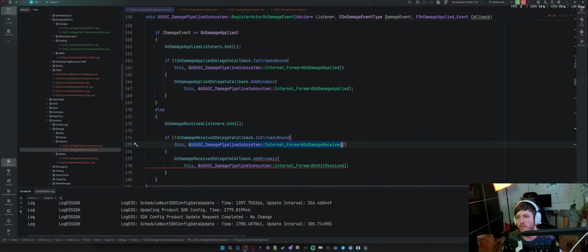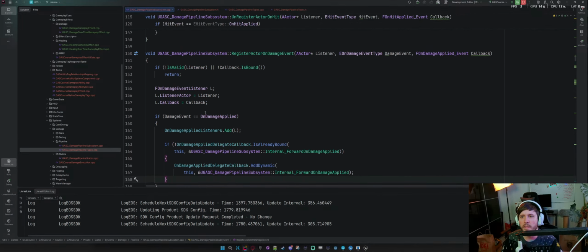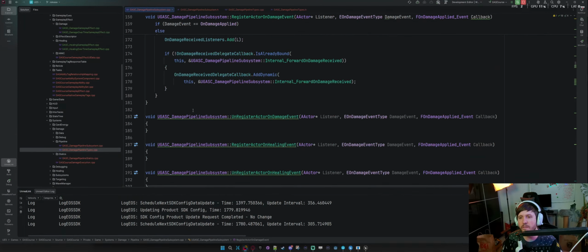Copy this. There we go. So that is register on damage event, and then we gotta do the same thing for registering